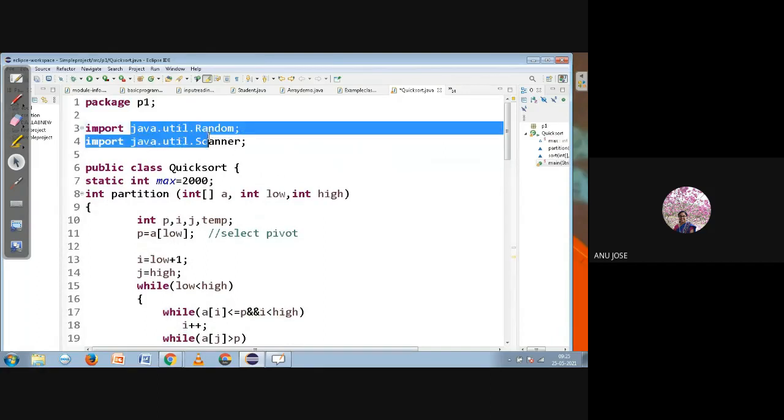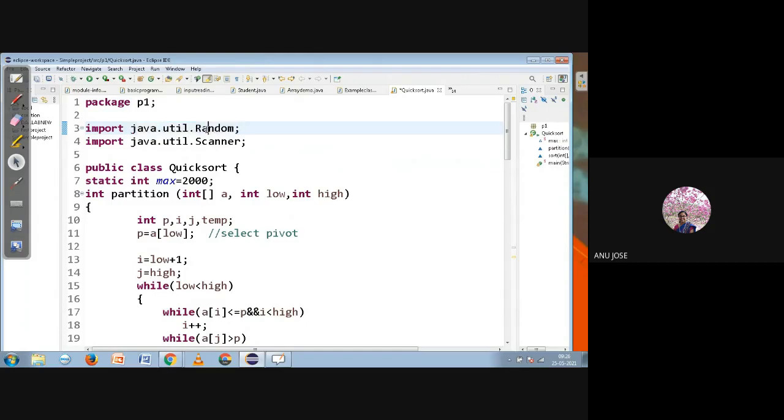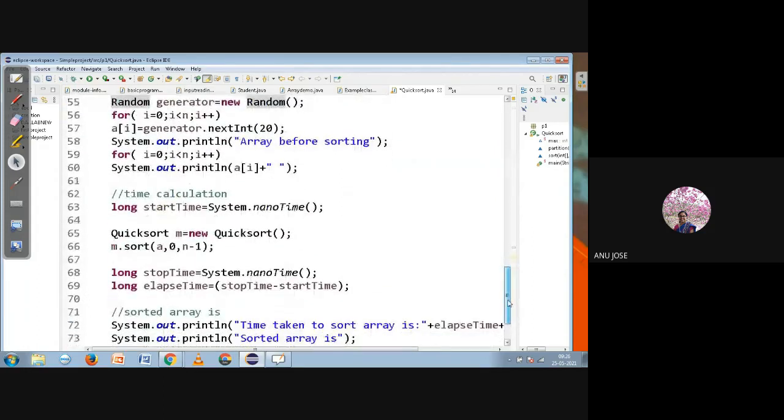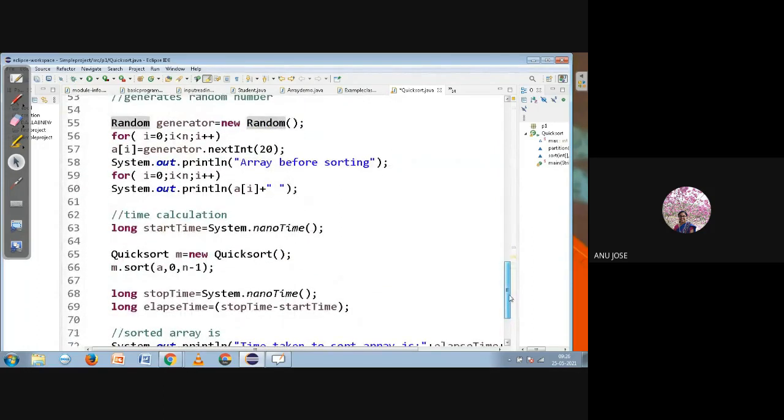Import java.util.Random has been added, which indicates that Random is a class present in the utility package, so that I can use the functions present in the Random class.